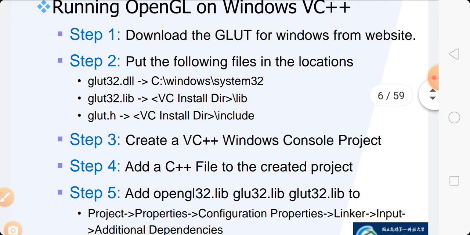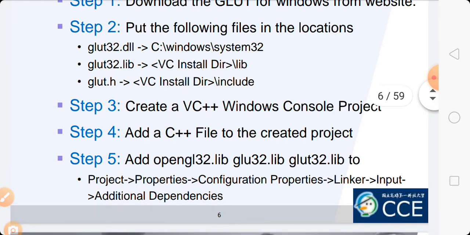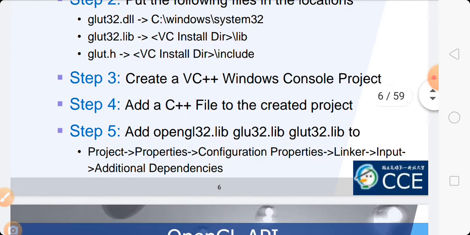Step 3, create a Visual C++ Windows console project. Step 4, add a C++ file to the created project. After that, add opengl32.lib, glu32.lib, and glut32.lib to the project, then Properties, then Configuration Properties, then Linker, then Input, and then Additional Dependencies. This is the path we have to follow to set up the projects.